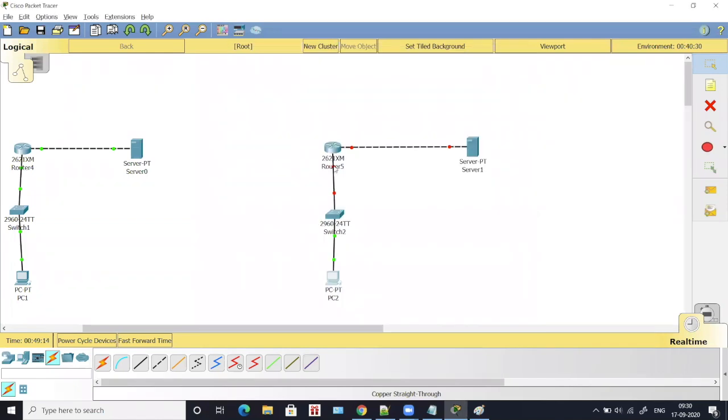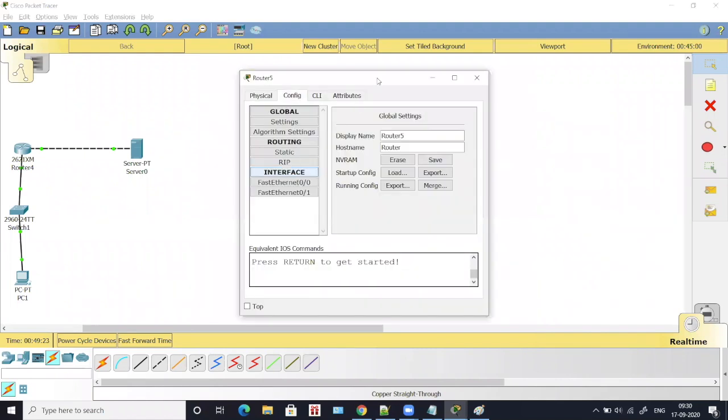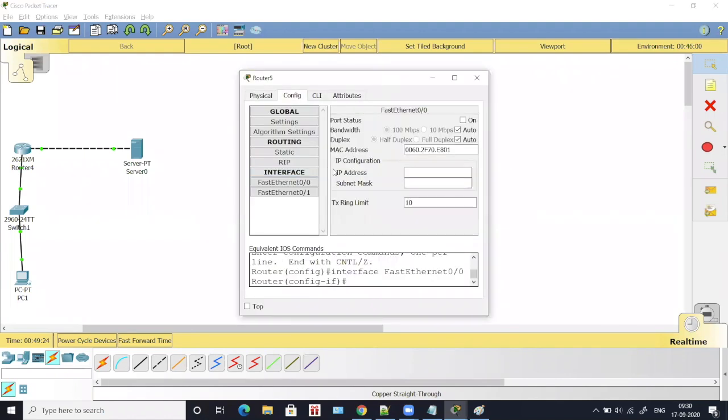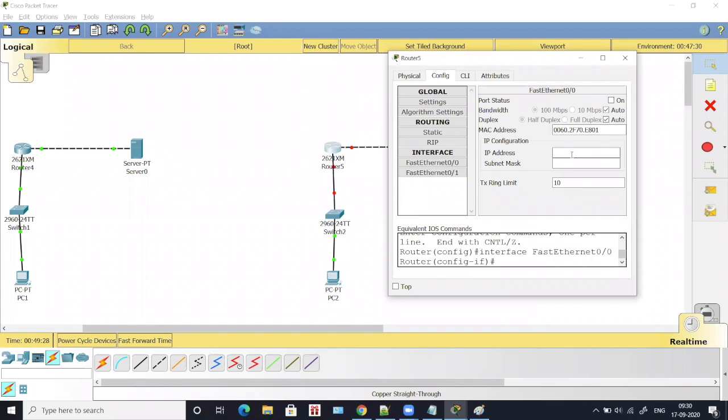So in router interface, this is fast ethernet 0/0 and this is fast ethernet 0/1. So for fast ethernet 0/0, let's assign 192.168.1.1 subnet mask and make the port on.